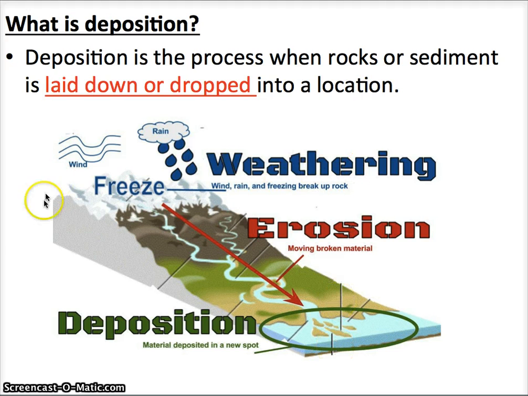So this picture is perfect for explaining the difference between these three words. Weathering will break up the rock. Erosion will move the rocks that were broken up from one place to another. Deposition is the place where the rocks are deposited or get dropped off by erosion. So this is the deposition location. Okay, so try to remember the words erosion and deposition today because we're going to talk about the different types.